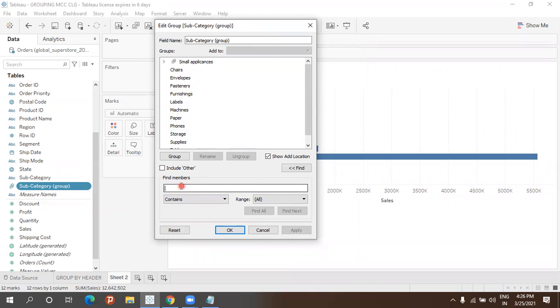Just click on find members. If you want to add something, you can see it here and add it. Just click and add it. If you can't find something from this, you can find it also here, for example, label. Find all. It is there here. Select this. Here, can you see an option called add to? Click on this arrow mark, select this group, because I want to add these labels into this group. Now can you see the labels have automatically been added into the small appliance group?